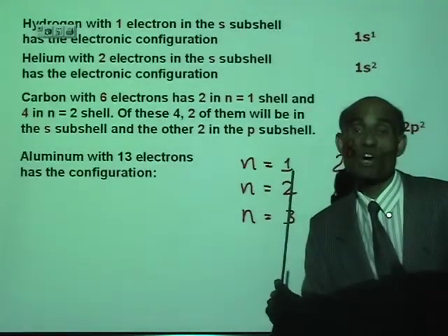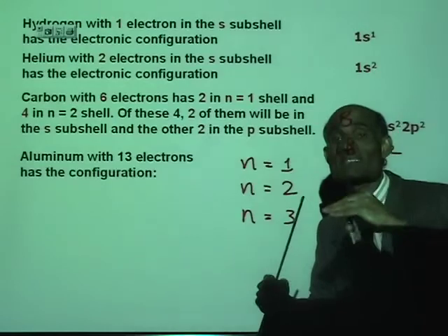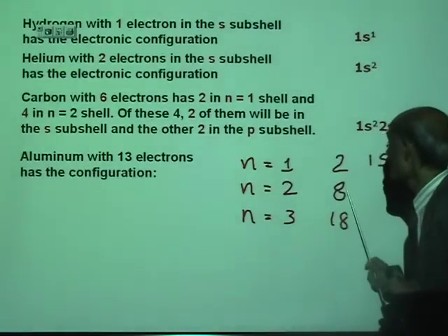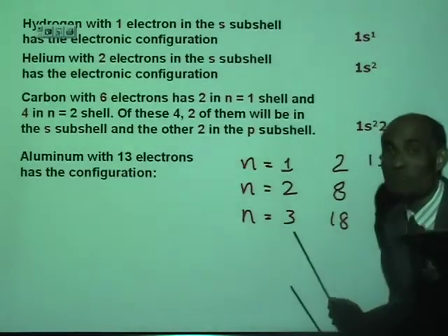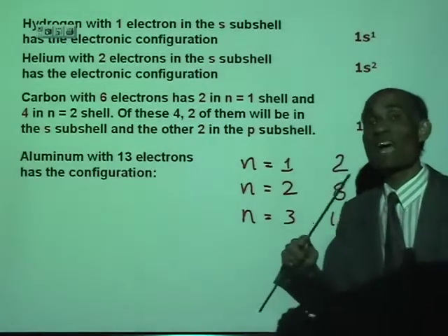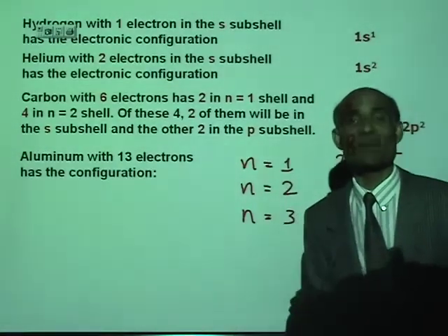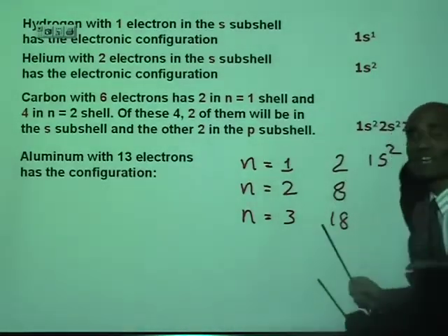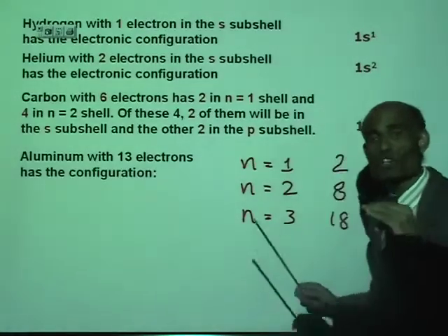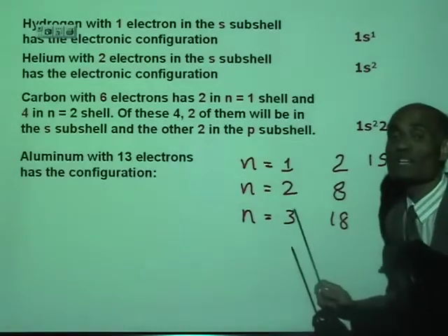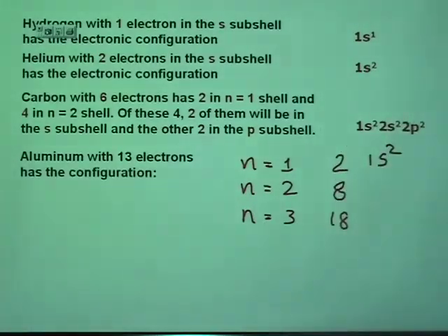And those 8 electrons we have to assign to S, P and D. How many electrons can there be in the S subshell? 2. And how many electrons can there be in the P subshell? There can be 6. So we're going to divide these 8 electrons: 2 electrons in the S subshell for n equal to 2, and the remaining 6 we will give to P,